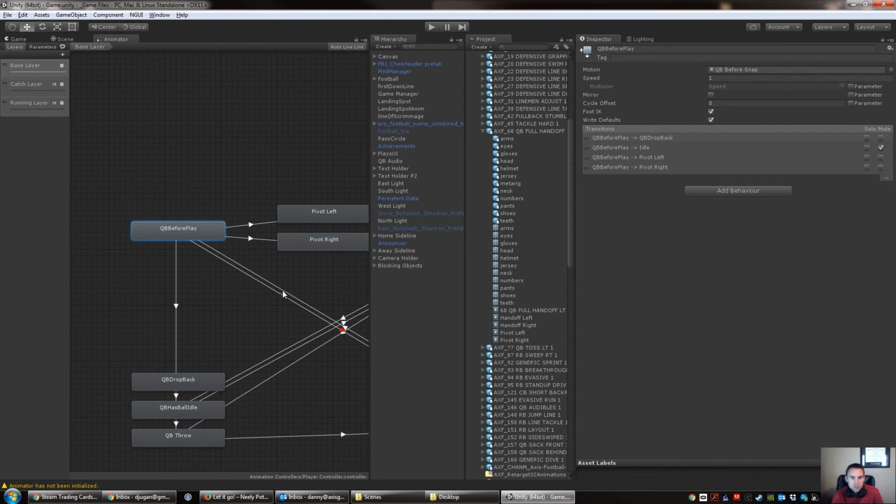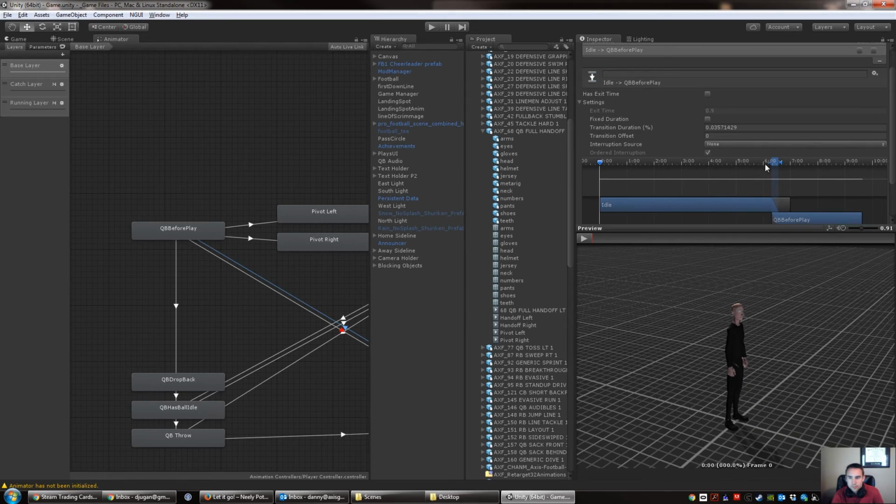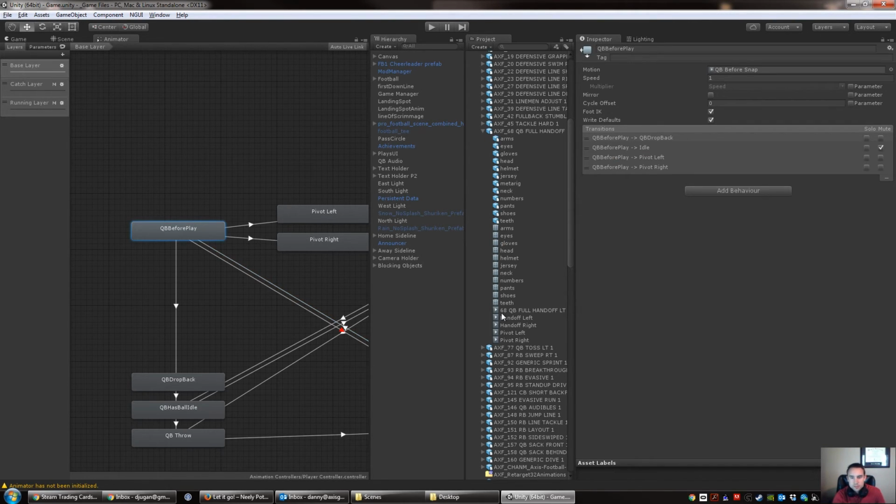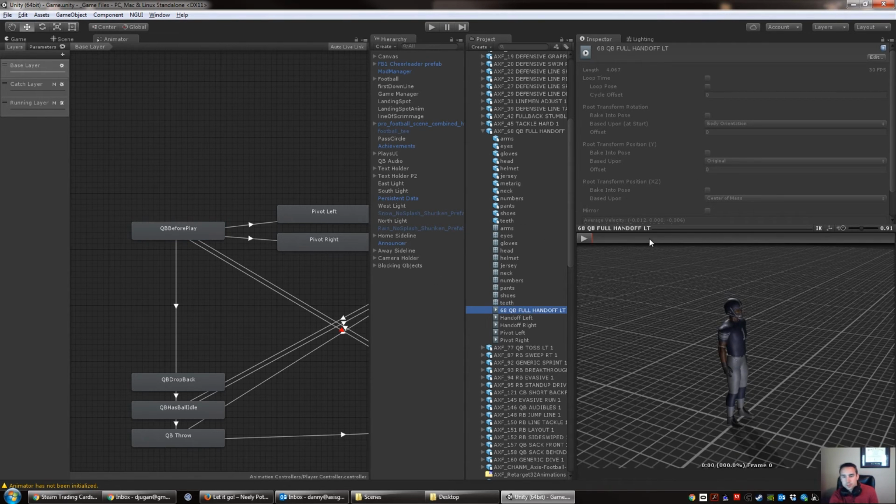Actually, how do we transition here? Stance equals 1, false. So what I want to do is I'm actually going to grab two stances. So this will be the shotgun stance, and I also want to grab,